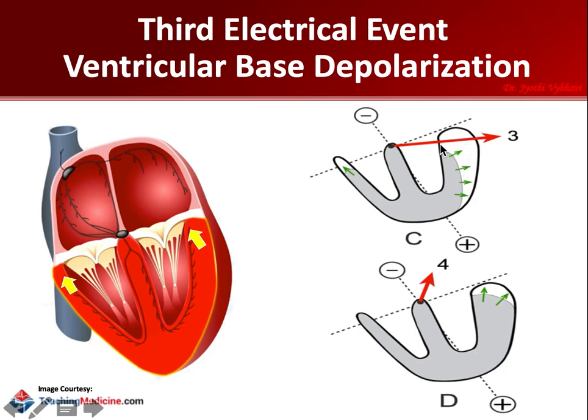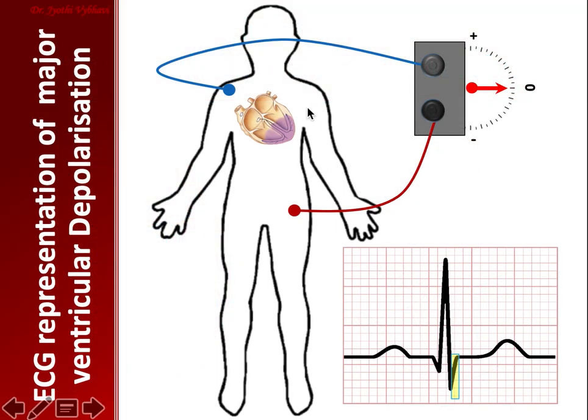So when it is coming from endocardium to myocardium to epicardium, these vectors are represented like this. If I take the cumulative of this side and this side, it is facing upwards and rightwards. So all these small vectors, if I combine them together, represent the base of the ventricular tissue, and the base of the ventricle is a very small part, so the vectors are also small. So the base of the ventricles is depolarizing, and the vector is facing upwards and rightwards.